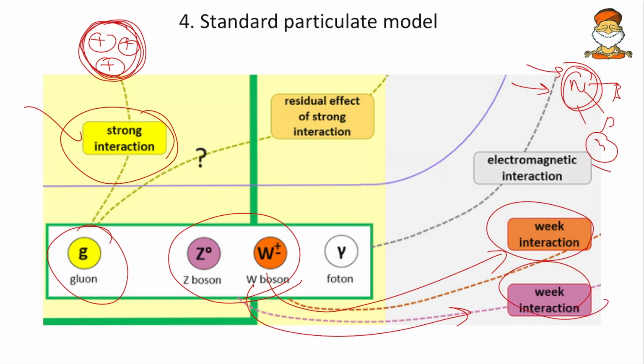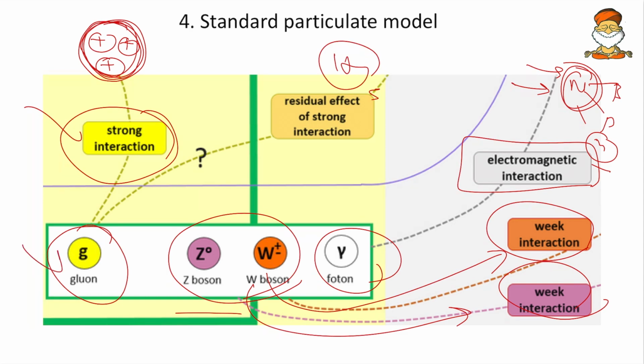And lastly, we have the photon. Photon is the electromagnetic interaction. We know that light is emitted in the form of photons. Light is also an electromagnetic radiation, and it is also a photon. So these are various kinds of bosons. Now the Higgs boson was an addition to all these. So gluon was the strong interaction, strong nuclear force, Z and W bosons the weak nuclear force, photon the light, and the Higgs boson, the weight. So here the Higgs boson got added. If any new particles get added, then we will update.